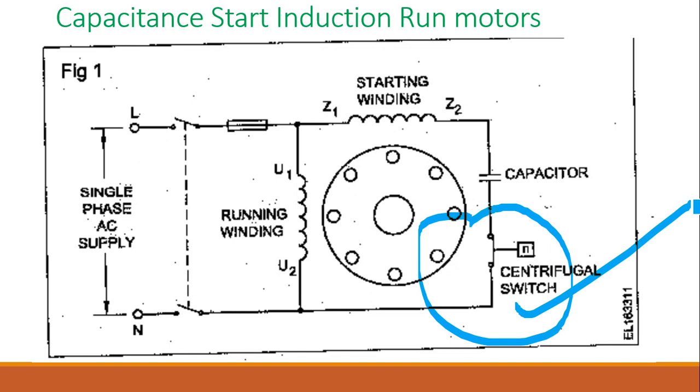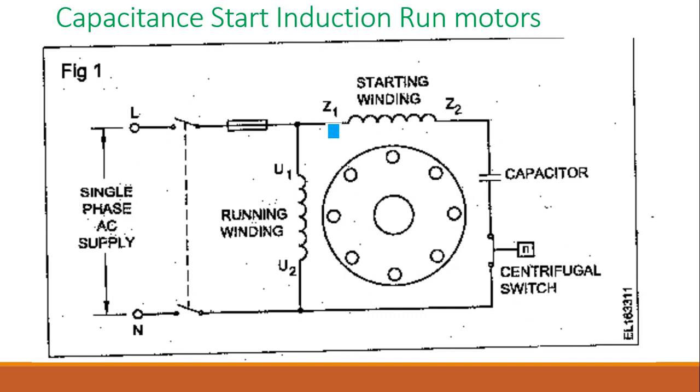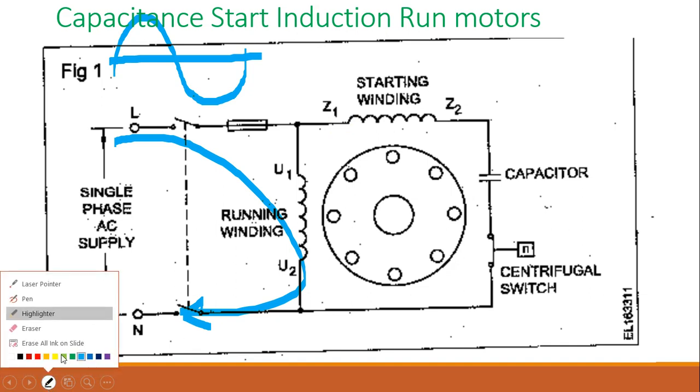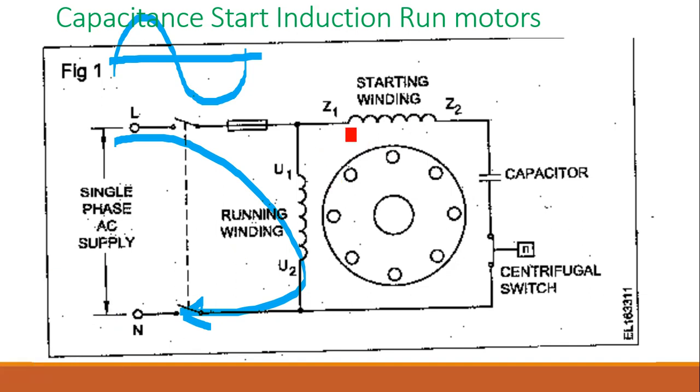Okay, so why is the capacitor given here? The capacitor will be taking a leading current, and that is the reason it is given. So the phase splitting is done through a capacitor. Suppose a current is flowing through the running winding. The graph can be plotted like this, a sine wave like this for the running winding current and flux. Now in the initial condition, the starting winding also will be taking current. Let us change the color. This is the current to the starting winding. Because it is taking a leading current, it will actually be leading the flux.